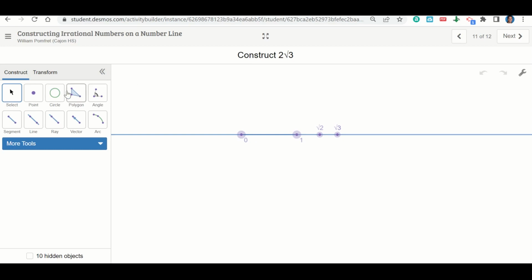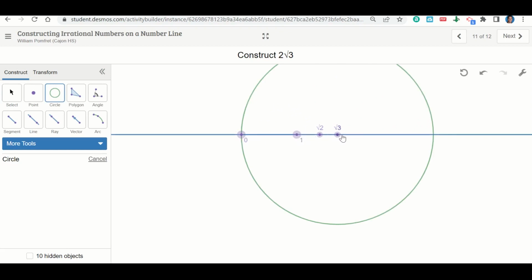So all we would need to do is draw a circle. We go from this point here and bring it all the way back to 0 so that we have a radius here of square root of 3. Well, if we go to the other side, this is also square root of 3. So that means the distance from 0 to out here is 2 square root of 3, because it's double the square root of 3. So all we need to do is put a point here,